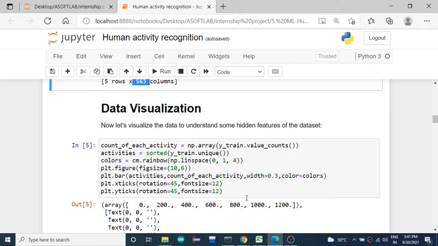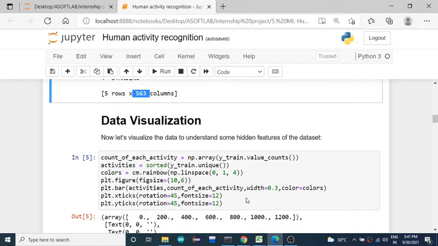Along with the other features, it is going to identify what kind of activity the person is currently doing.